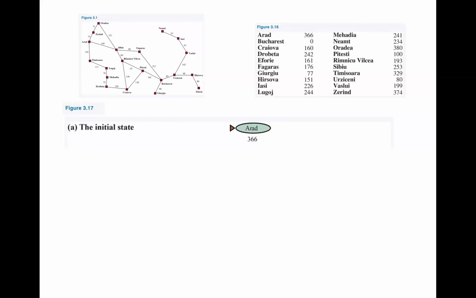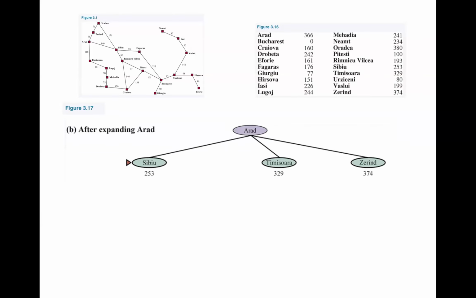So we seed our priority queue with a singular value, which is the start state. That would be unfortunate if we added something else because the solution would not be correct. So we expand Arad,